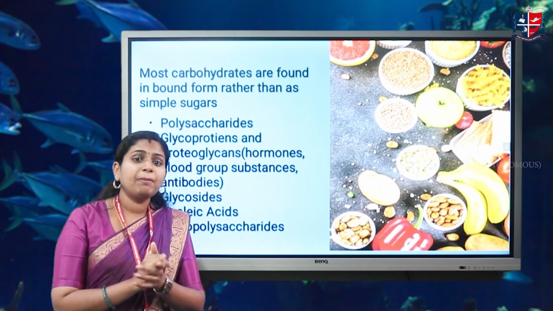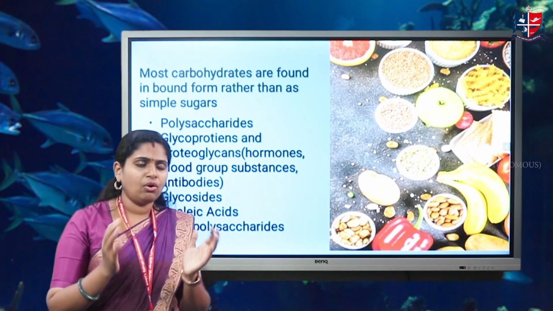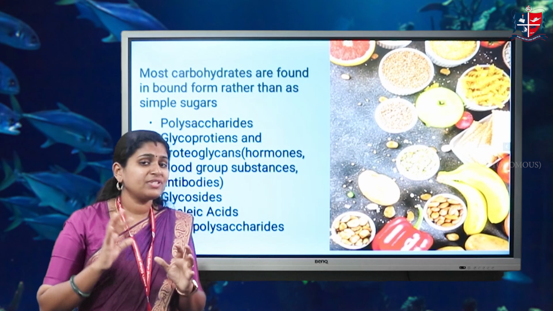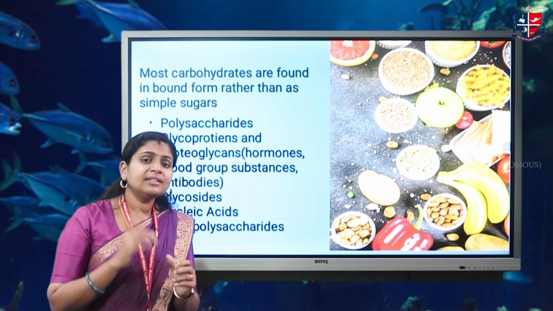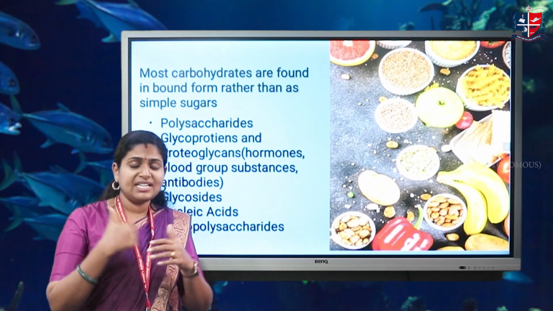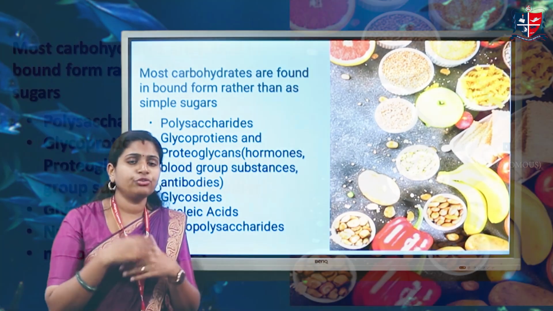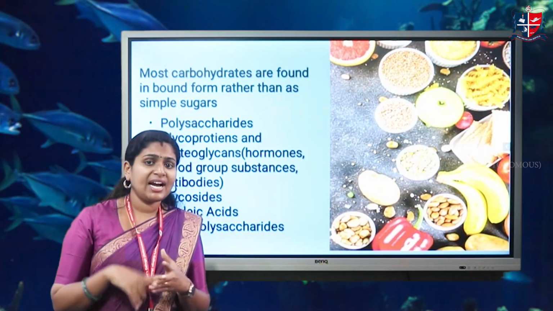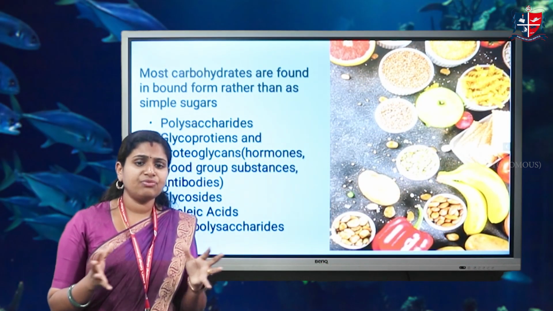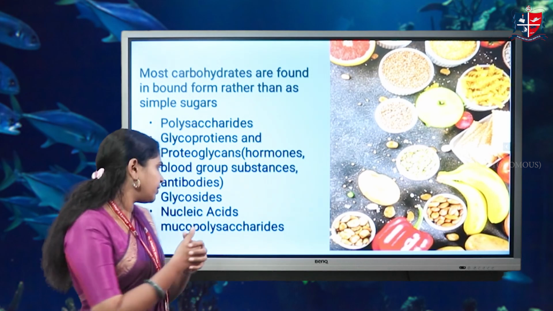In case of the lipid bilayer, we already know all organism cells are made up of a cell membrane, and in the cell membrane we can see carbohydrate. The carbohydrate is in bound form, that is, bound with protein to form glycoproteins. Polysaccharides, as we already discussed, such as starch, cellulose, chitin, are all found in bound form rather than free form.